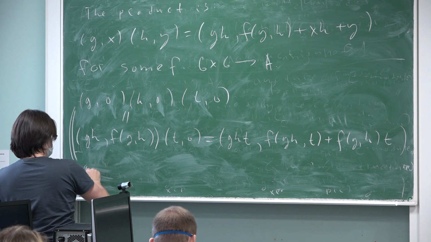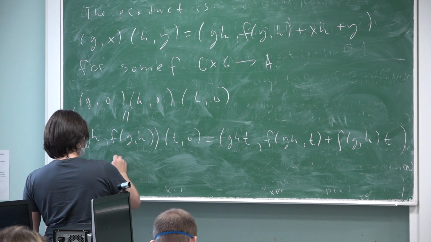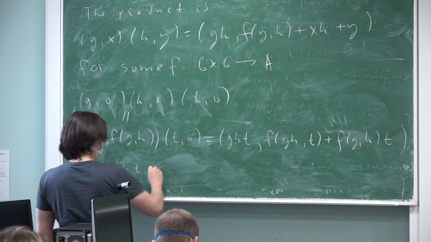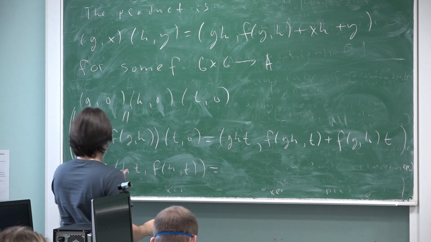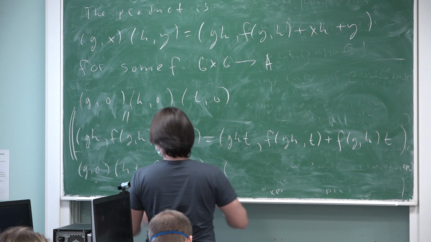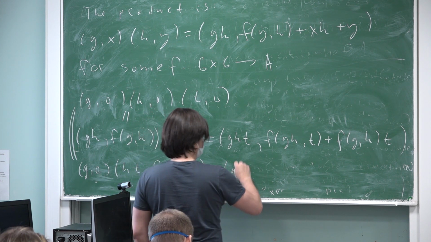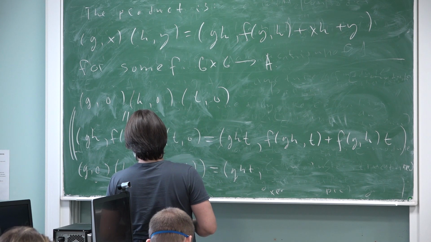Let us multiply these guys. You get HT, f of HT, and when you multiply here, you get simply GHT. So the first components are equal, of course, and here you get